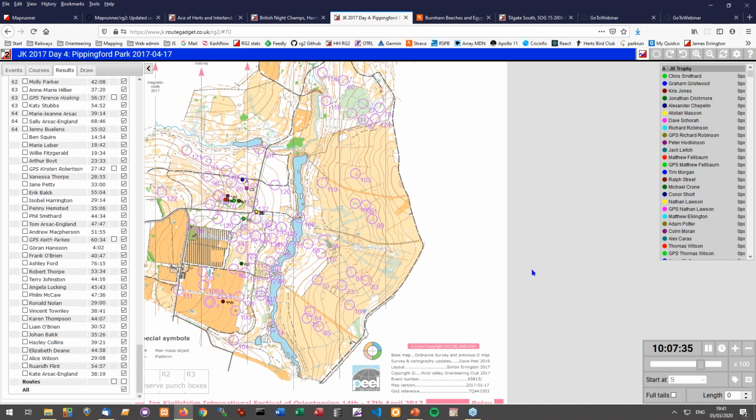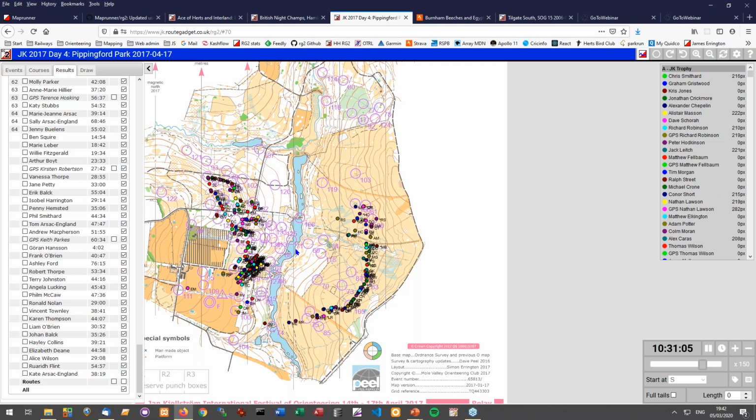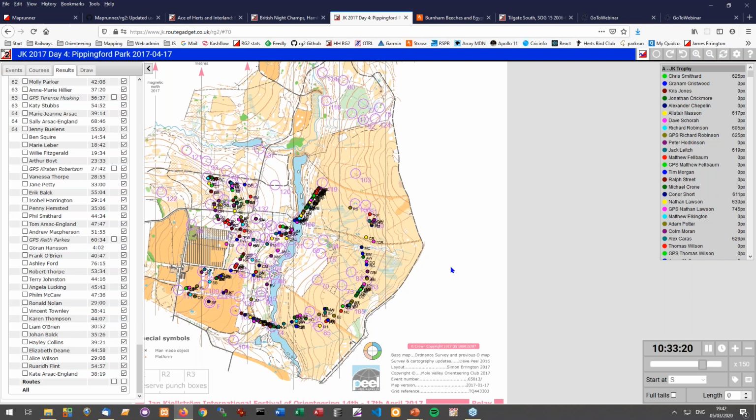And what you'll now see is at 10:10, a huge another pack goes out, and then at another 10 minutes you'll see another pack go out. There they go, that was the 10:20 starts. And this just gives you a very interesting view of quite how the packs stay together or don't at relays. So all this is essentially simulating in real time what was going on.